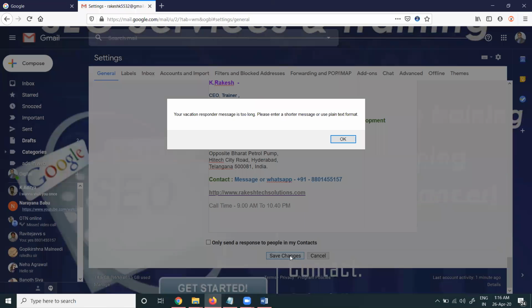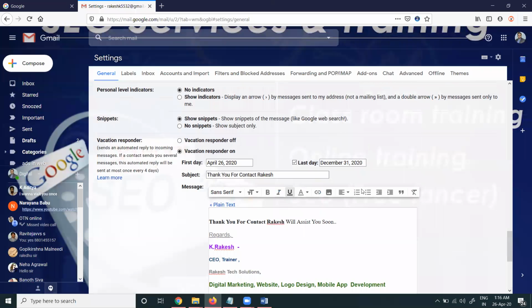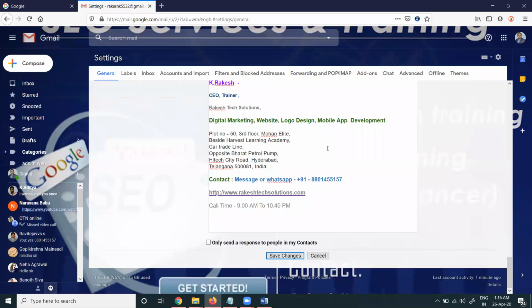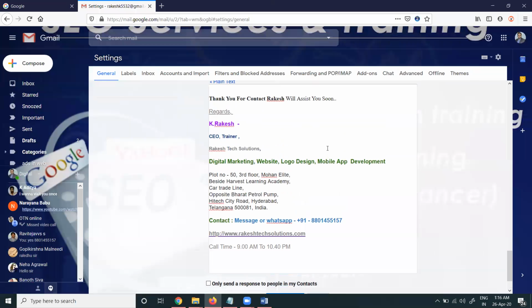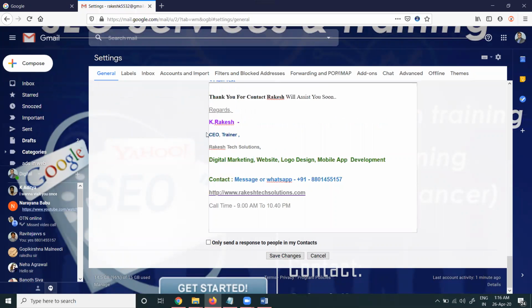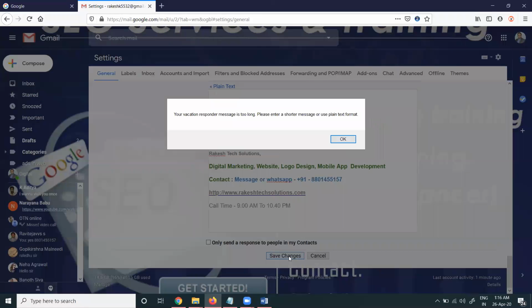Now click the Save Changes option. For particular long messages, you can check your particular message here, and make it short. So here, this option will be changing here. And save changes.